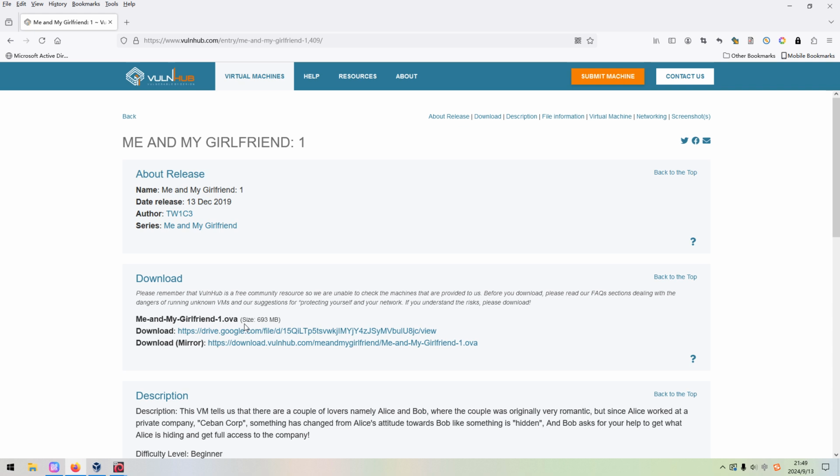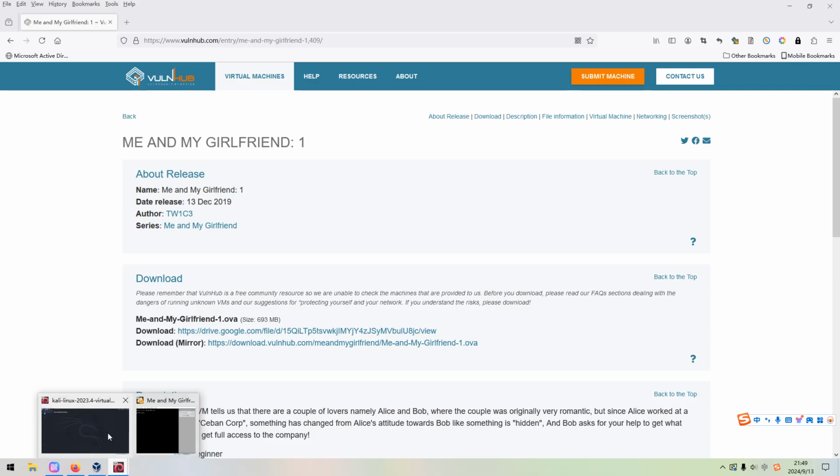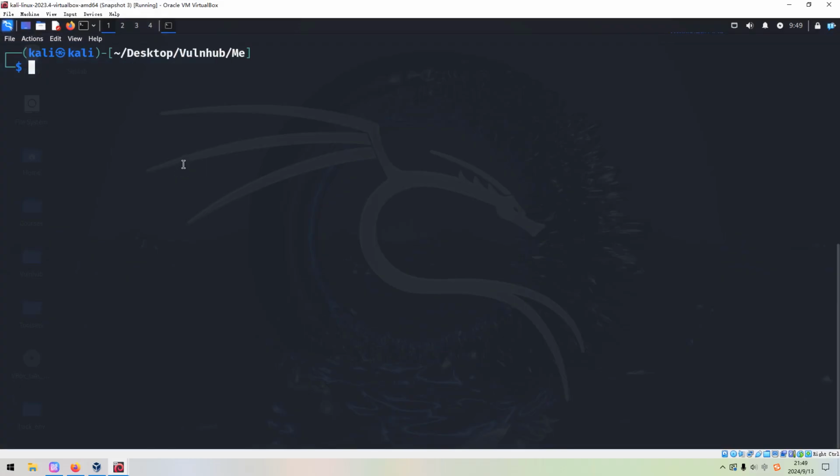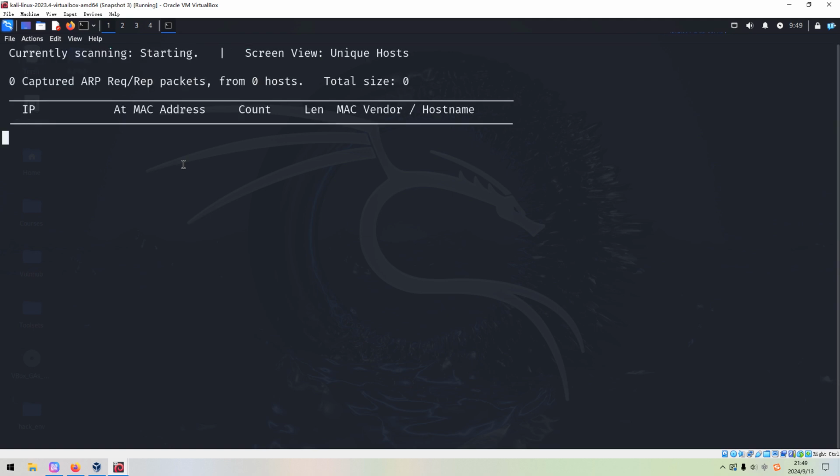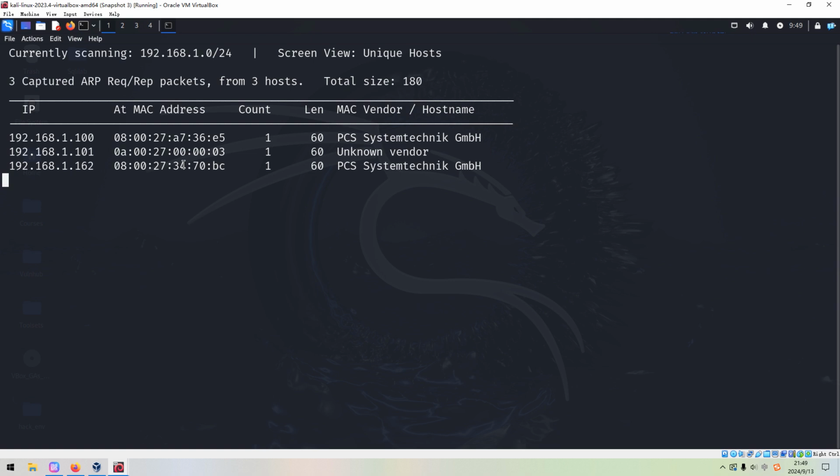Okay, so now we can get really started. First of all, we need to discover the IP address of the target. The utility I'd like to use, as always, would be netdiscover. And we can press enter because I've already used the technique throughout my channel. As you can see, the IP address of the target could be recognized as 162. And then what do we have to do next?